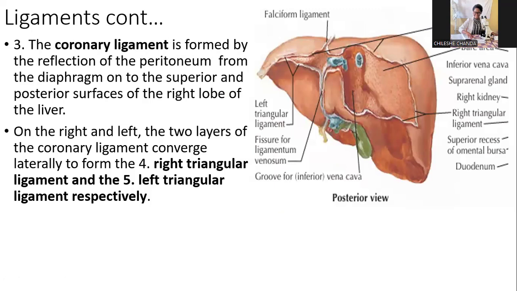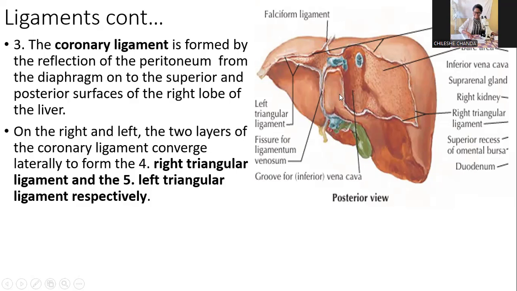And then we have the coronary ligament. The coronary ligament is formed by the reflection of the peritoneum from the diaphragm. So if you look at this liver, we're looking at it from the posterior aspect. On the posterior aspect, you see that the anterior surface is covered by a certain membrane. The whole anterior surface and the superior surface is covered, and then also all around towards the inferior aspect of